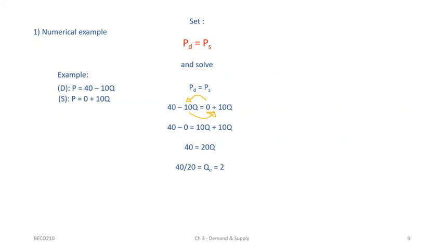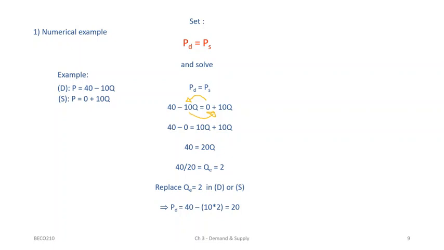Now we have solved for the quantity at equilibrium. The equilibrium is not a quantity, it's a set of a quantity and a price. Remember, a quantity and the price. So now we need to solve for the price. We replace the quantity at equilibrium in the demand function or in the supply function. We'll try replacing the quantity in the demand.